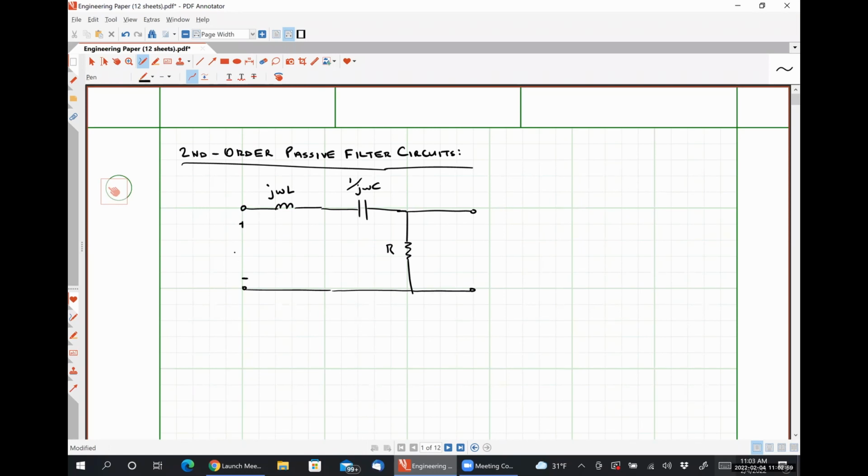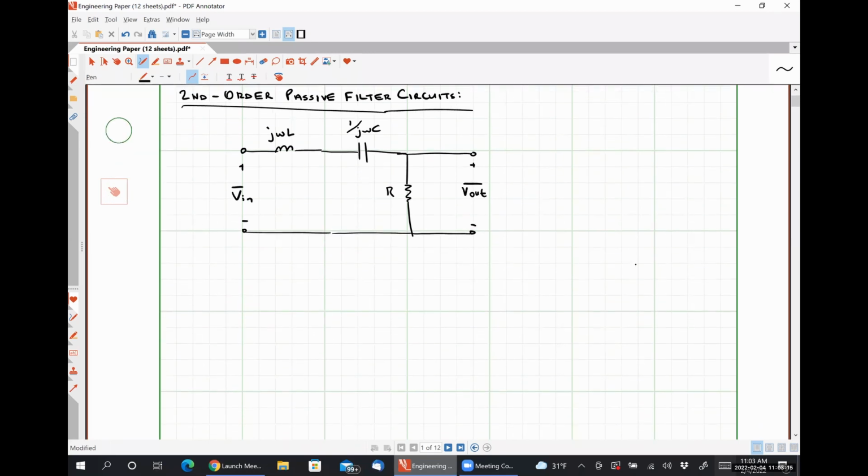So on our left-hand side, we have our input voltage as a function of frequency. And on the output side here, or on the right-hand side, we have our output voltage as a function of frequency. So using our voltage divider technique, we can easily see that the transfer function for this circuit is just going to be H of omega is equal to R